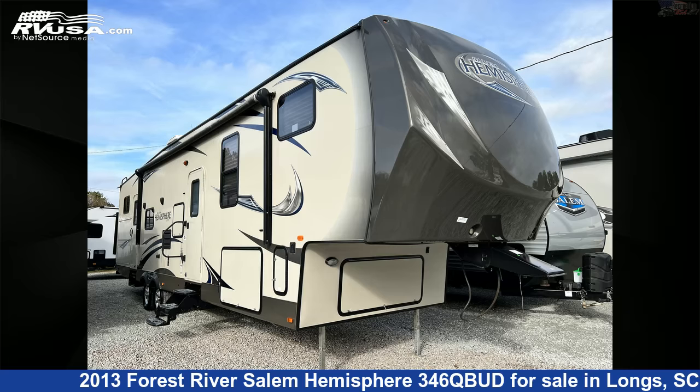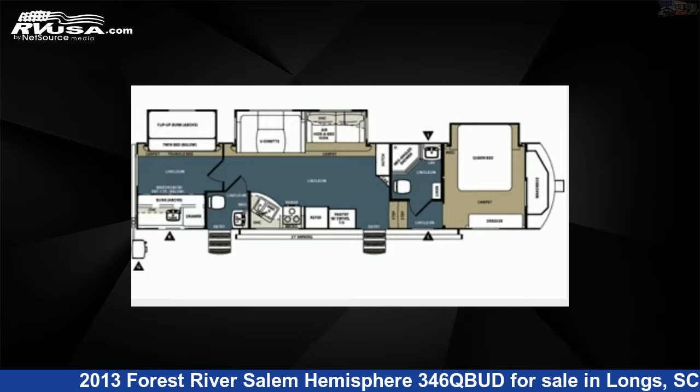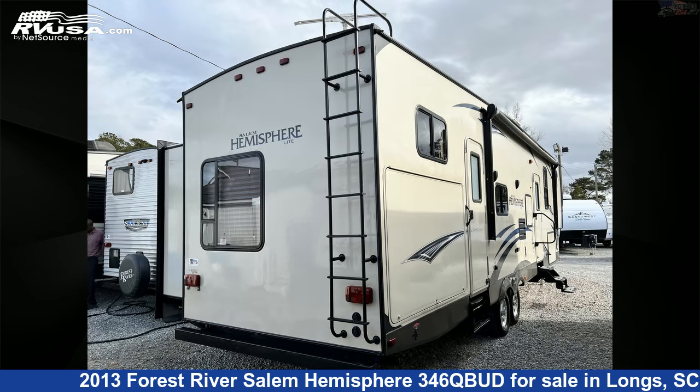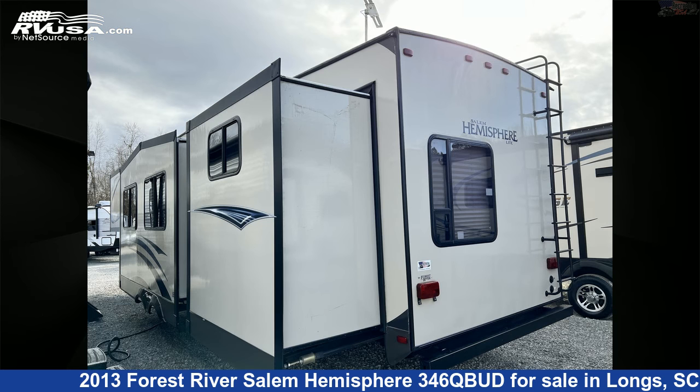This 2013 Forest River Salem Hemisphere 346 QBUD is a fifth-wheel RV. It is located in Longs, South Carolina, 29568 and is offered for sale by Recreation USA. This used Forest River is 39 feet 9 inches in length and features 3 slideouts, sleeps 9, CO detector, leveling